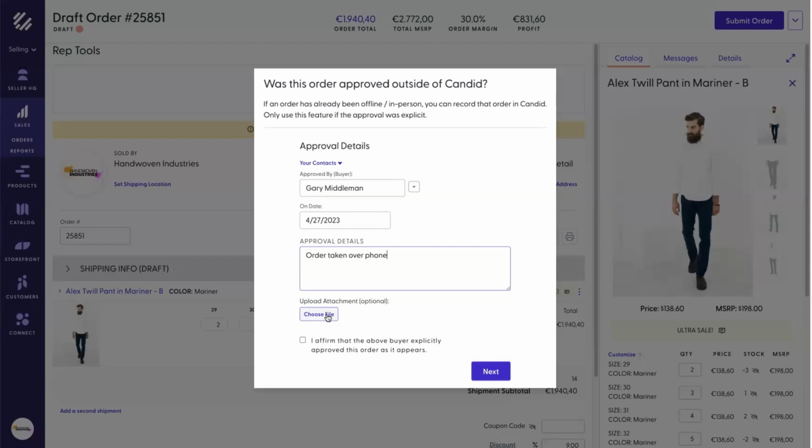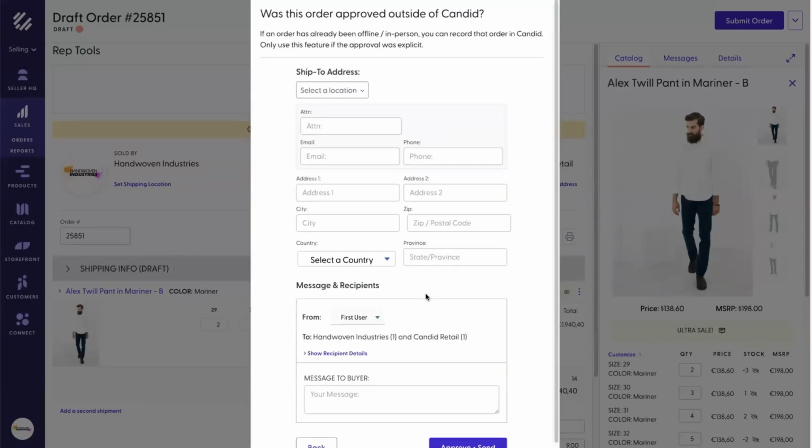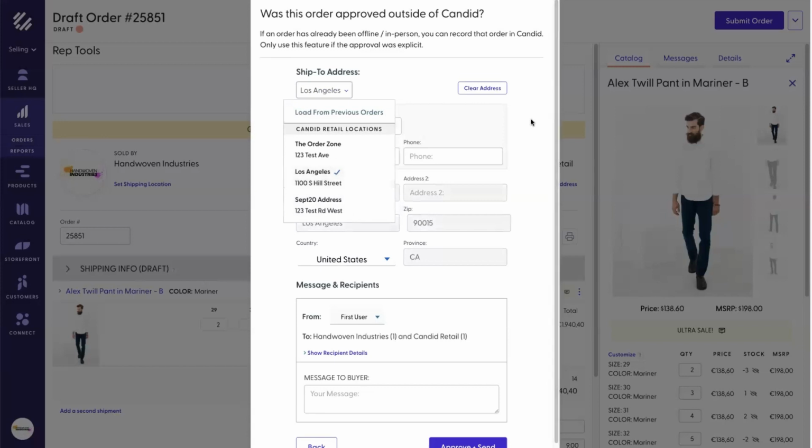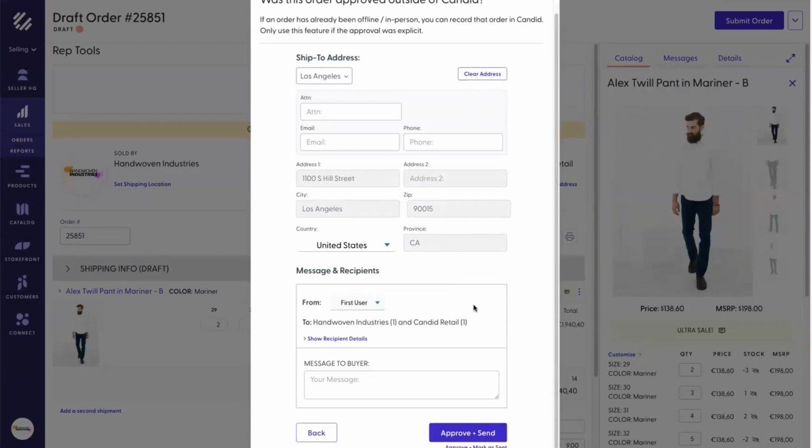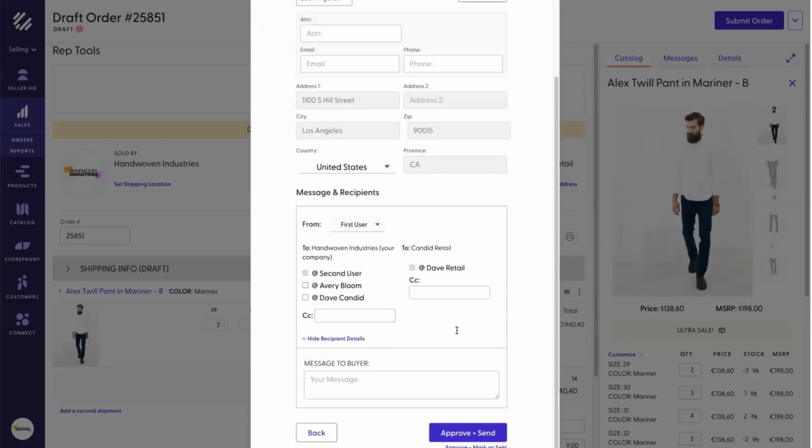You can upload an attachment if you want. And you can say, I affirm that the above buyer explicitly approved this order as it appears. That's just to make extra sure you don't drive by, sell somebody something without their knowledge. Click next, and then we select their ship to location. So this is the buyer's side. No, thank you. And similarly, again, you get this email dialog where you can select who gets CC'd or not,